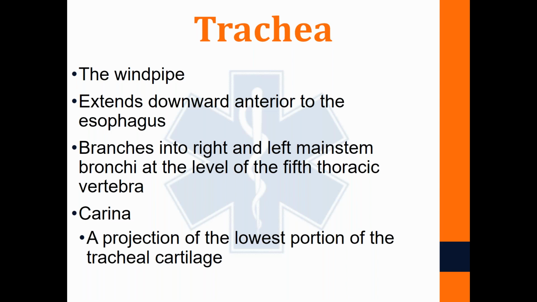The trachea ends at what is known as the carina. The carina is the lowermost portion of the trachea where it branches off into left and right main stem bronchi respectively. The left bronchi obviously goes to our patient's left lung. The right bronchi goes to our patient's right lung,